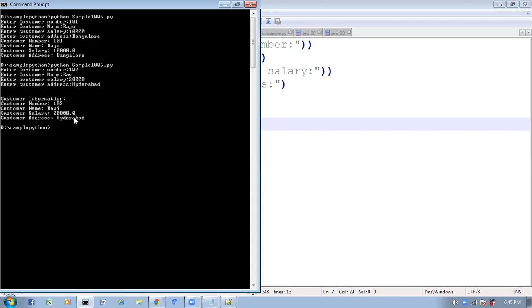Clear? How to take the data from the keyboard? Like this we have to take it.